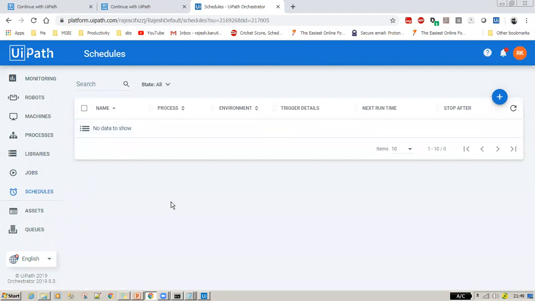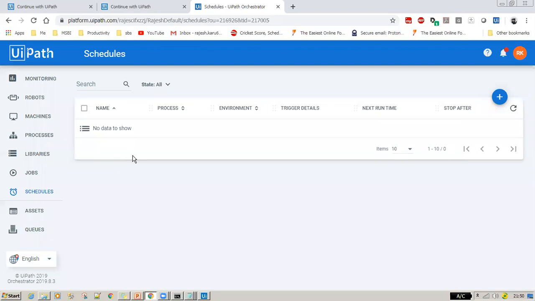Say, Rajesh, at a time we can run only one process? Yeah, we can do. It's repeating the same. We are scheduling, but it's repeating the same thing only, no? That same orchestra demo. Yeah, because my process is what I created as a test sample. I created one sample bot project which I want to run, and for a sample of testing I showed you to run every minute. With the same set of schedules, they can define, hey, let's run this bot on 10 different machines. These kinds of settings can be configured.